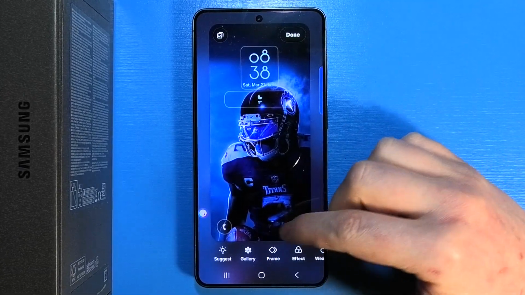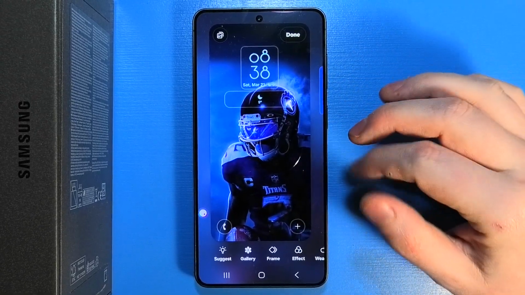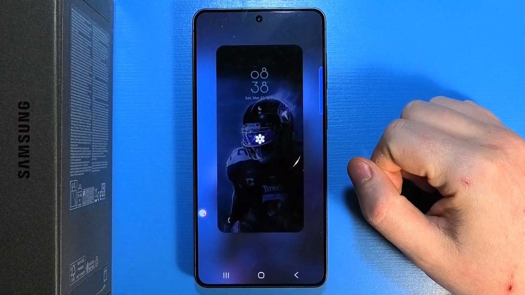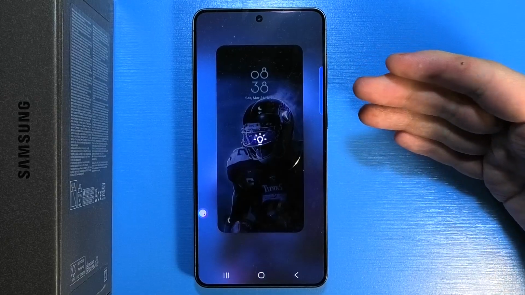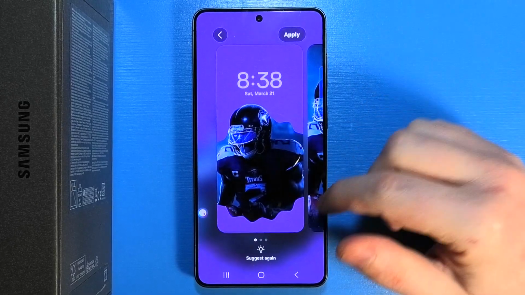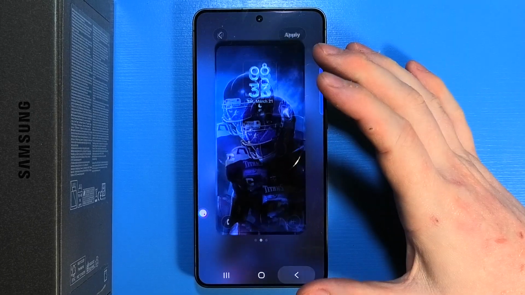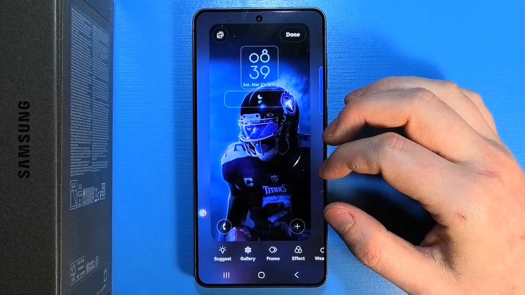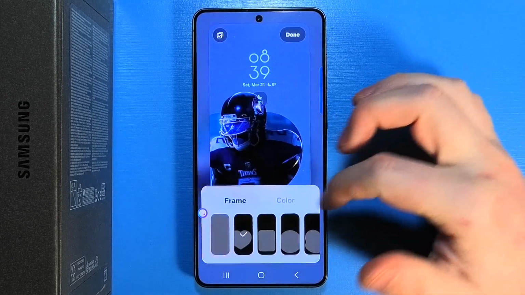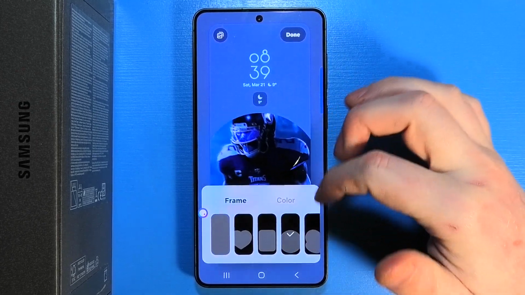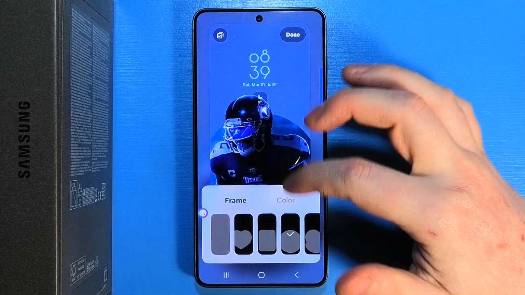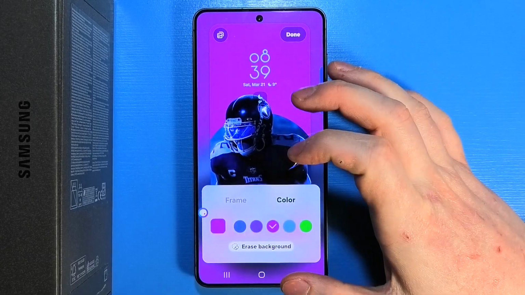And then there's styles for your wallpapers. Here you can go for suggest, which will automatically suggest the wallpaper with added frame and different options, clock and etc. You can go for a frame itself. That way you'll be able to add your own frame and change the wallpaper, move it around and apply different